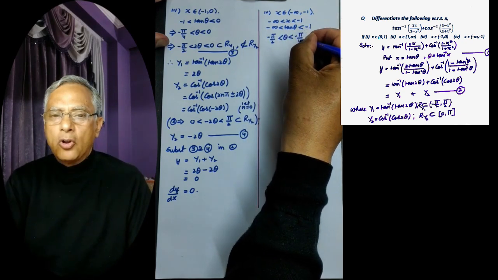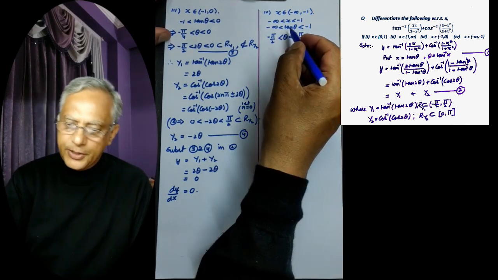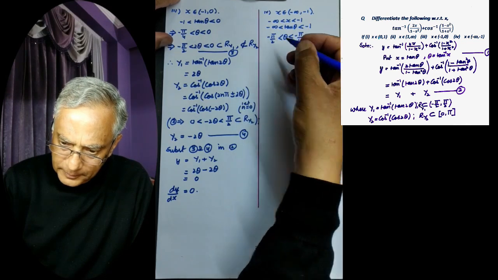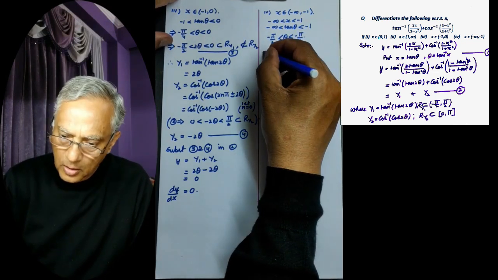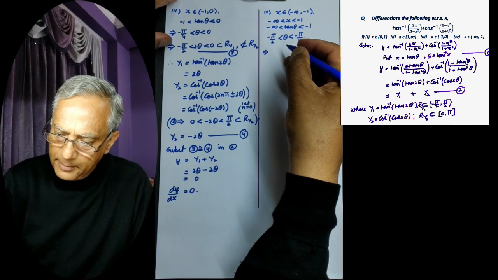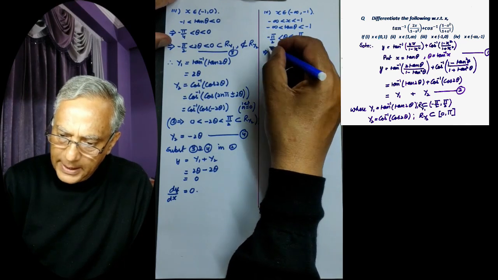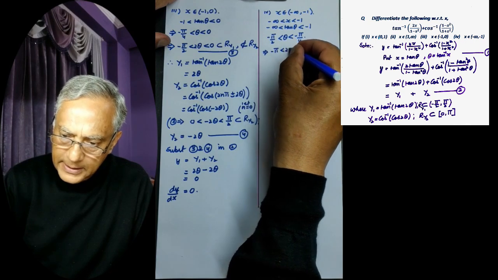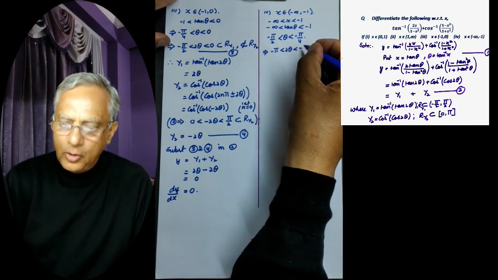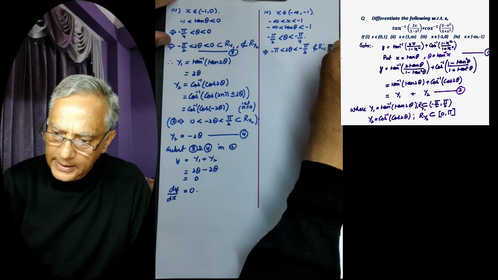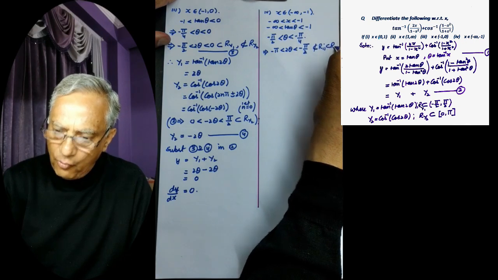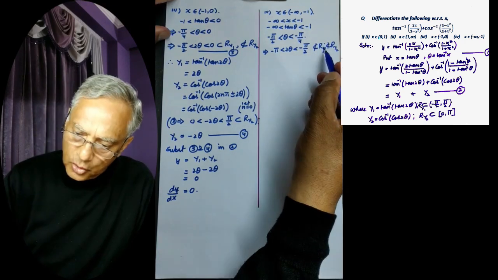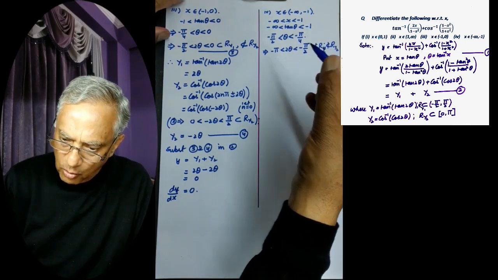And this is a monotonically increasing function. So this implies, now we need 2 theta. So multiply this by 2. Minus pi is less than 2 theta is less than minus pi by 2. This is not in the range of y1 as well as y2. So what we do is for y1,